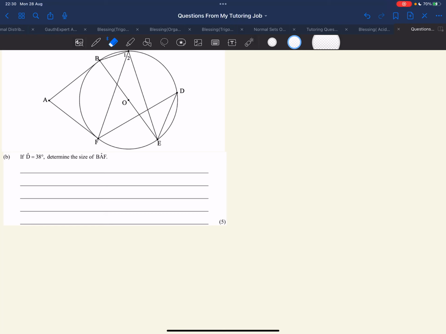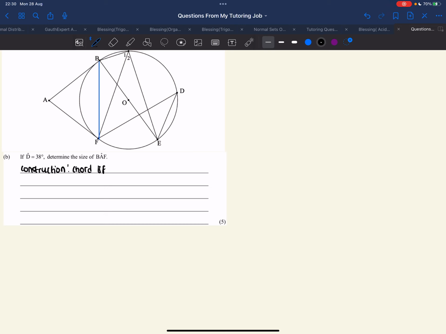Okay, right now in question B, they said that if D equals 38 degrees, determine the size of angle BAF. Now, before I can do that, I'm going to do a construction. That construction will be called BF. So I'm going to draw a line which is called BF. Now, in the answer sheet, I'm going to say construction